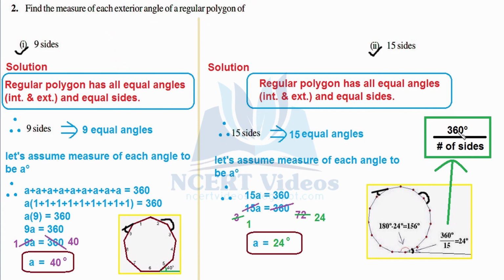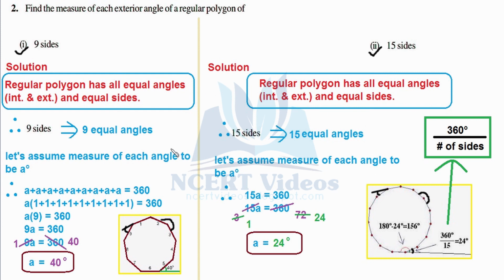That is, you take 360 degrees and divide by the number of sides, you just straight away get the measure of each exterior angle. Watch it here. We have 360 degrees and the number of sides given to us is 15. So when you divide it, you get 24 degrees. That is what we got using long form of solving. So this is how formulas are generated. You need not remember them, but it is important in case of competitive examinations, where solving in less time is the key to success.